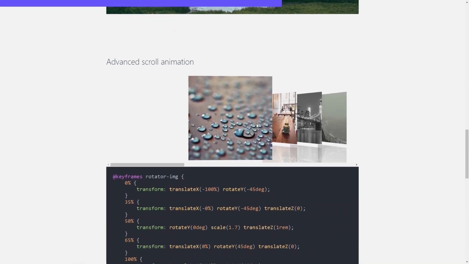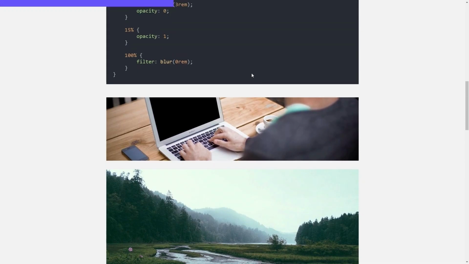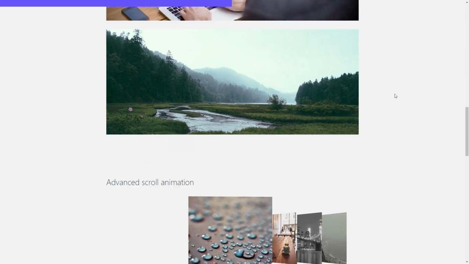Another fancy animation like this was super easy. It can of course be used for something other than making images unblur. They can slide from the sides or rotate into the screen, whatever you want. Here is